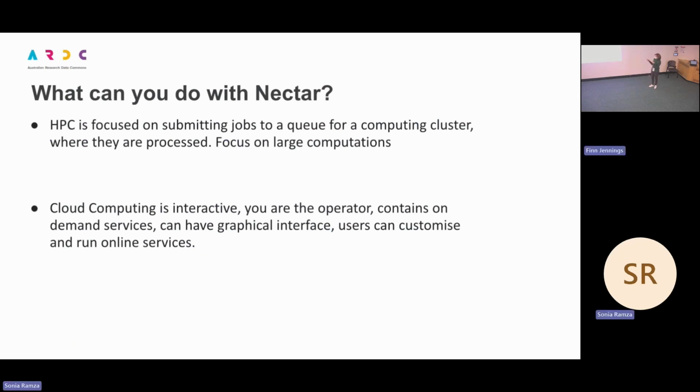So what are some of the things that you might do with Nectar? Well, I can dive into that, but you may also be thinking, what about HPC? What is that for me versus what's Nectar? So HPC, or high performance computing, that is focused on submitting jobs to a queue for a computing cluster. So you do literally have to wait in line like you do in the supermarket and wait with your research computing jobs that you wish to do, submit, wait for the appropriate moment when it's available, and then the computation will be completed. And it is more so a focus on quite large computing